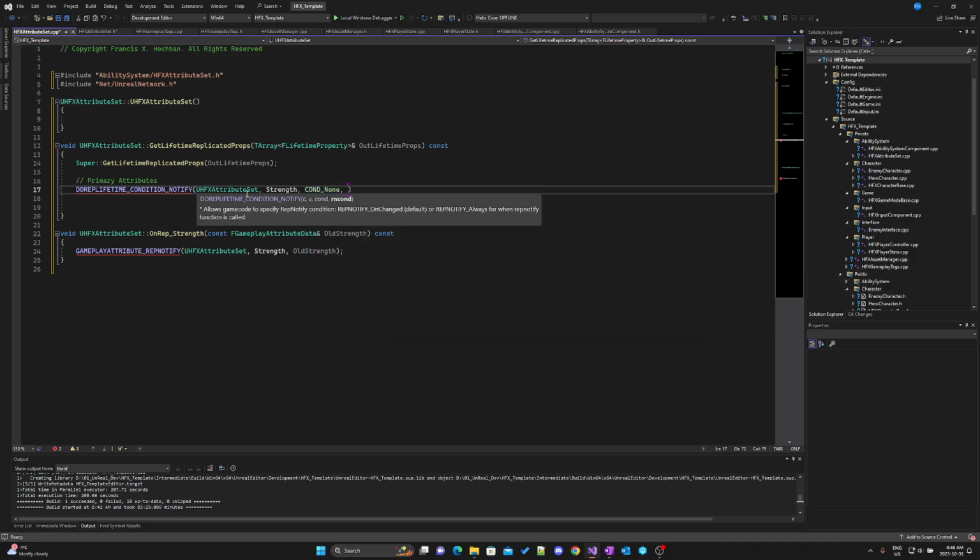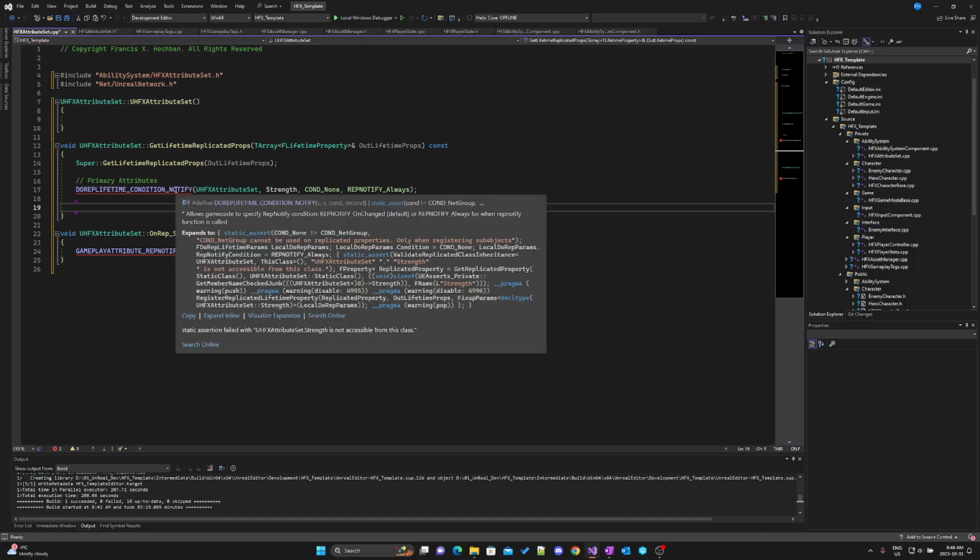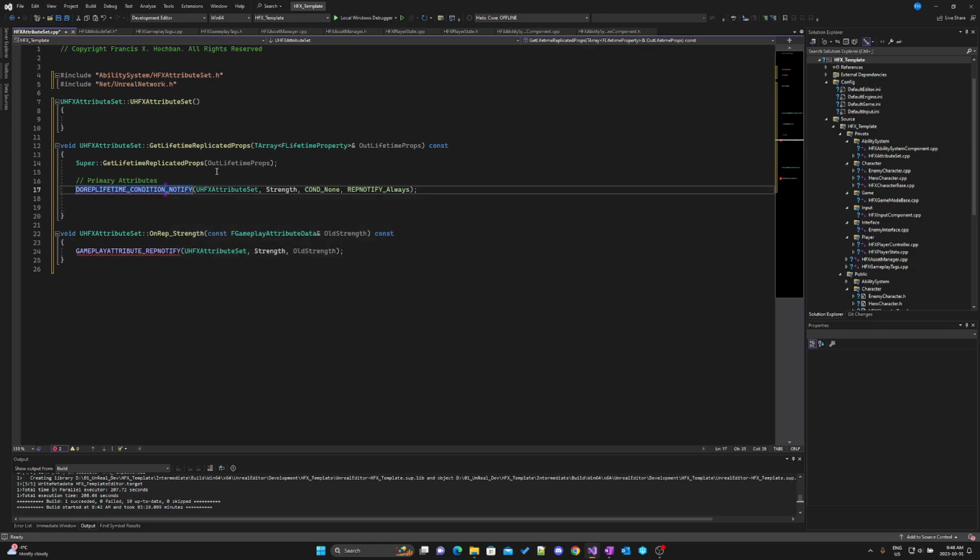And it's going to be always, so REPNOTIFY_Always. And I think this is just when it compiles, I think those red marks will disappear. And I think that's all we need to do at this point